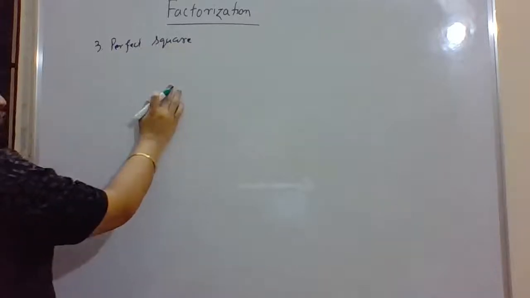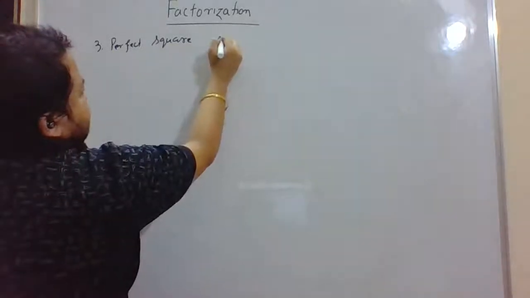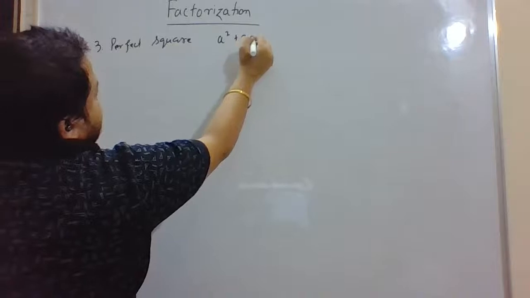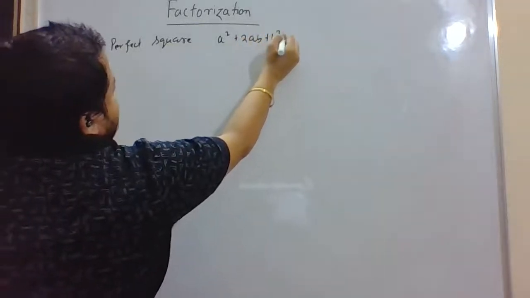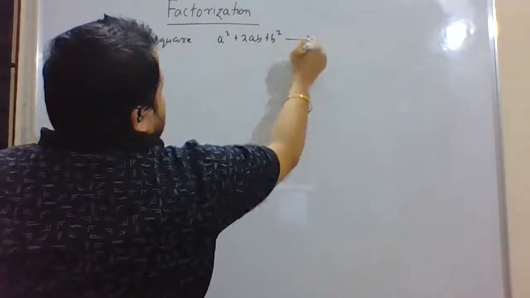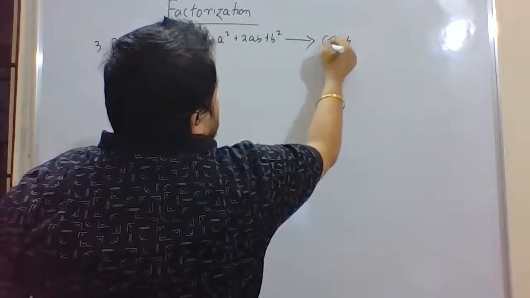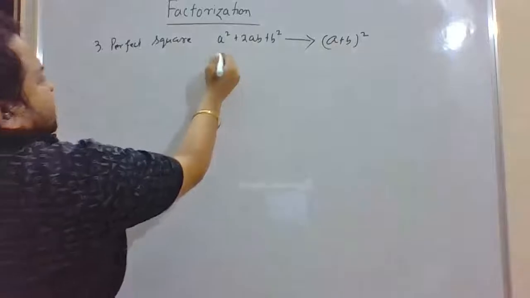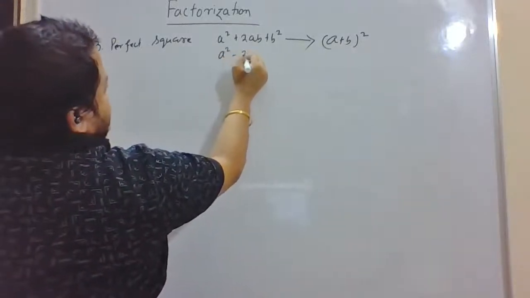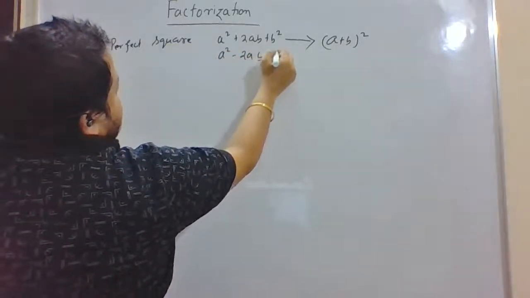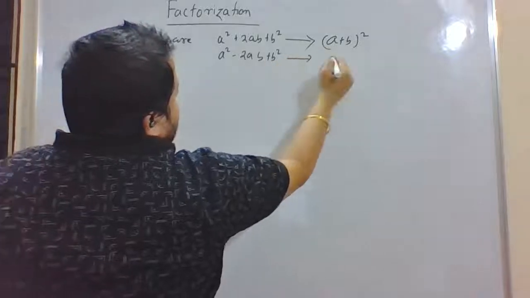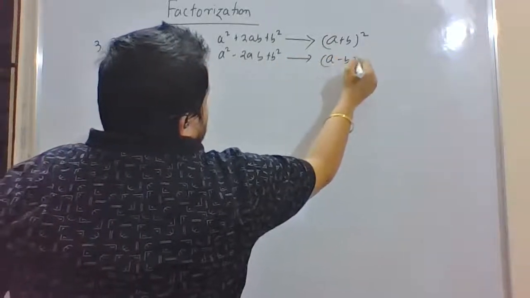Perfect square format means the expression should be either a square plus 2ab plus b square, which you may factorize as a plus b whole square, and if it is a square minus 2ab plus b square, then we'll factorize that as a minus b whole